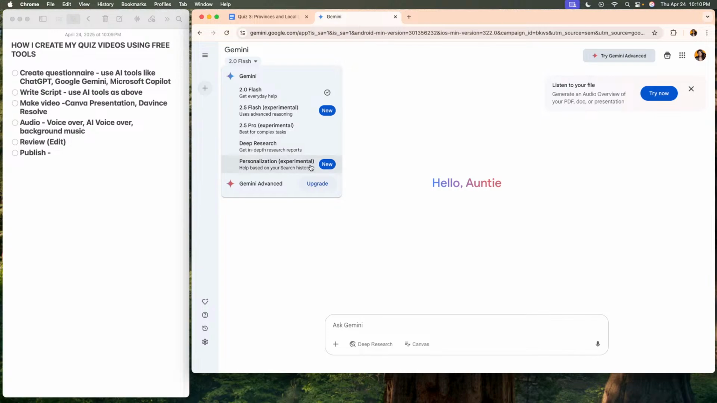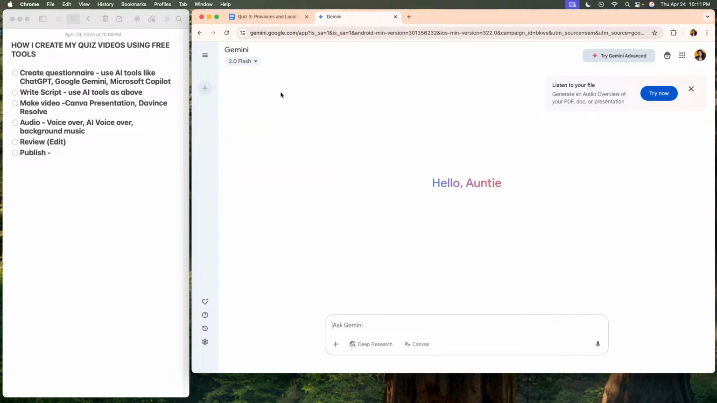And then personalized model. So basically, I would say that the 2.0 Flash, 2.5 Flash and Pro are language models. And then the second one is more of a research, more of an academic one. Anyway, I usually just use the basic, and I would just write something like, create a 10